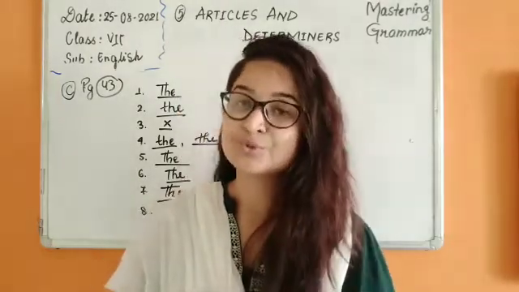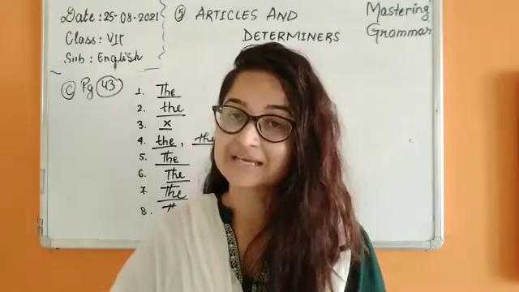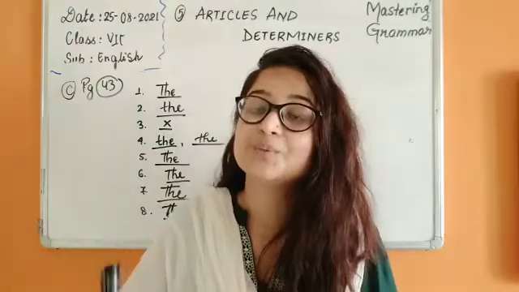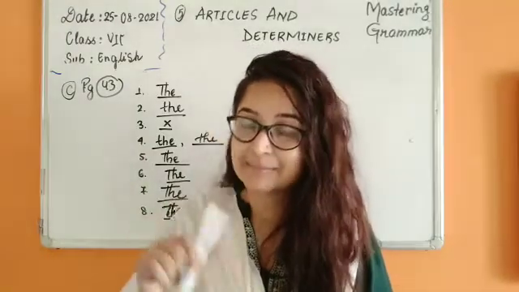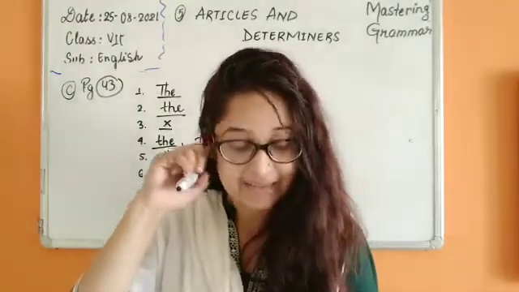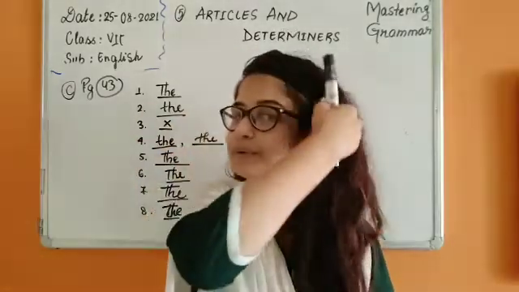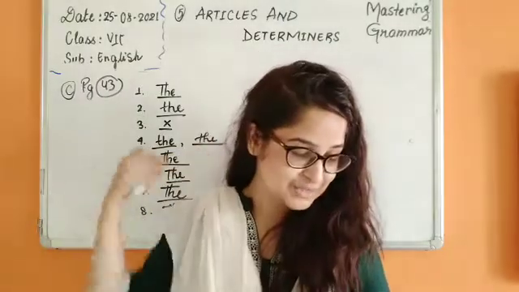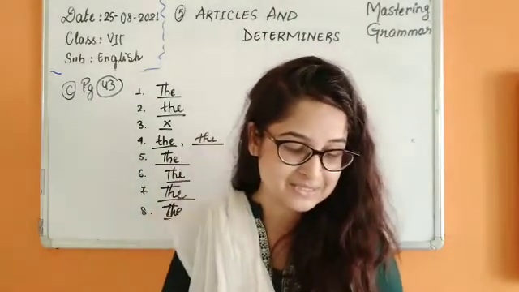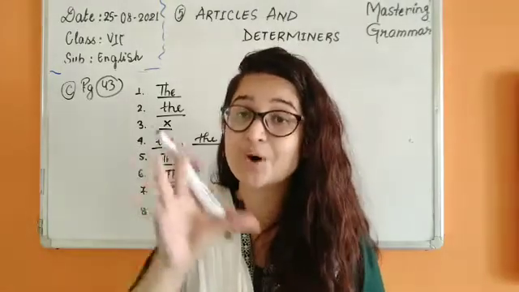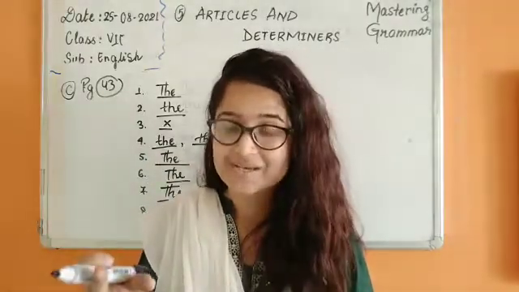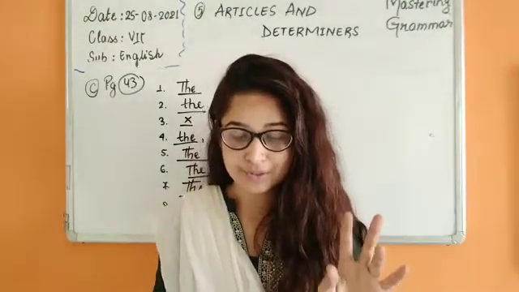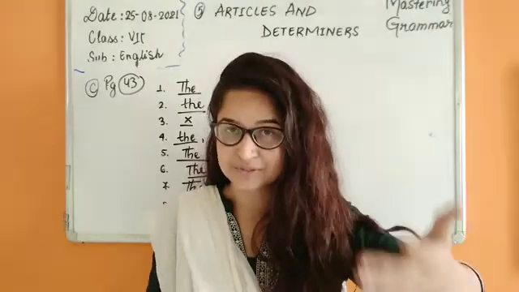When we use 2 the's, like for one we had used in the singer and one we had used in the lyricist, that means they are 2 different people. When we are using the for them separately, then we say that they are different people. Okay, they are 2 different persons. So in that case our verb has to be plural. So you can see here the singer and the lyricist were present on the occasion. I'm not saying was. So when we are using the for 2 different nouns, we are talking about different people.